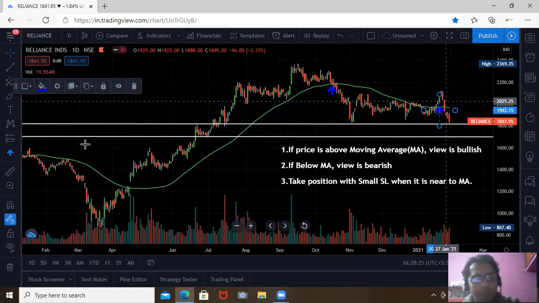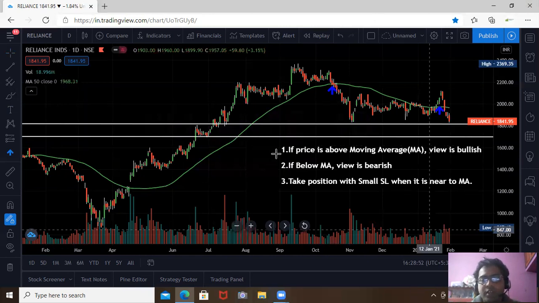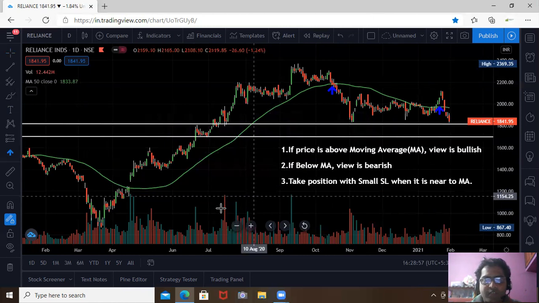So this is the way you can trade using moving average. Today we have given you the basics of moving average using just the simple 50-day moving average. In the following series we will try to cover how to determine the trend using moving averages, how to trade with moving averages, and what the different moving averages are. Whenever you are trying to trade with moving average, please keep in mind that this is the main thing, how you place the trade using moving averages.